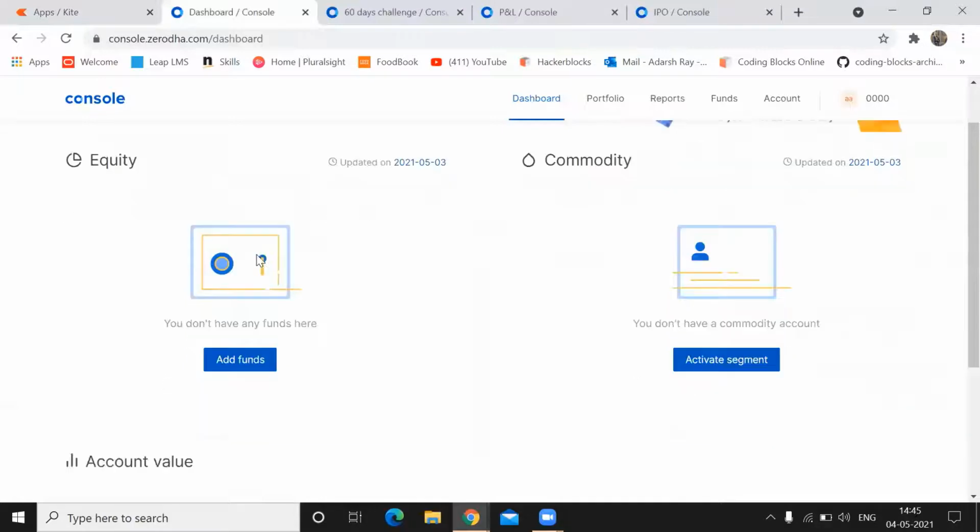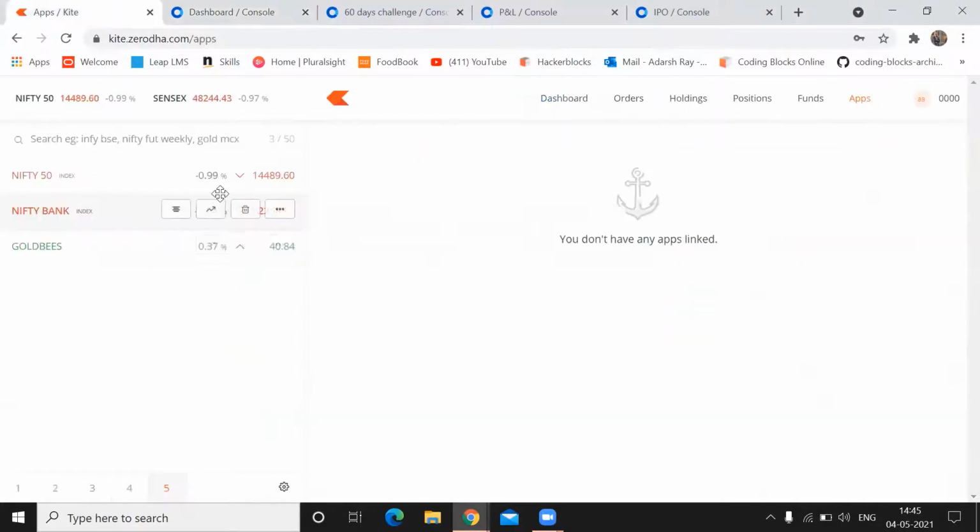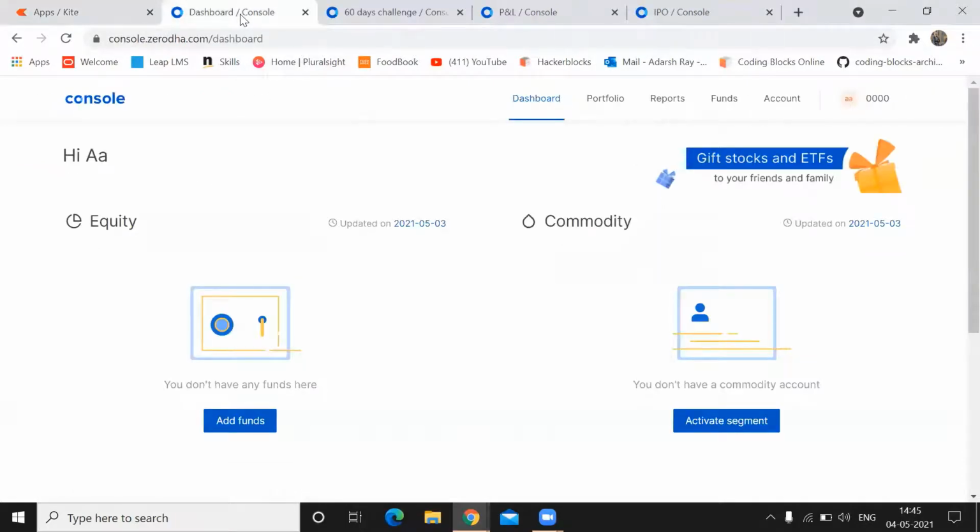What Zerodha has basically done with this console is divide their whole website, or their whole working, into different parts. Kite is the part which handles only the trading section, whatever you trade. And the backend, keeping track of all your trades, your settlements, your statements, how much was added, and all the analysis part and all those reports, are stored in this console section.